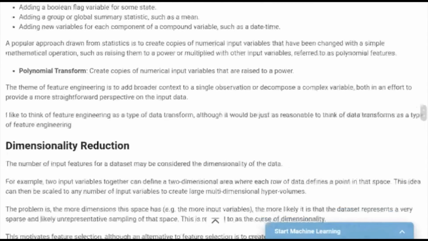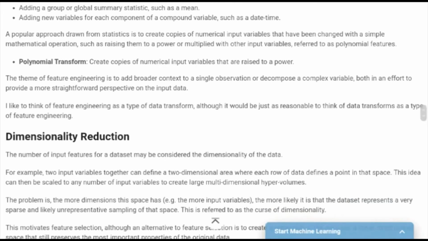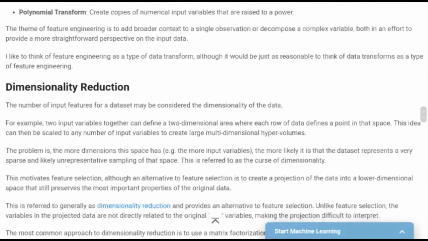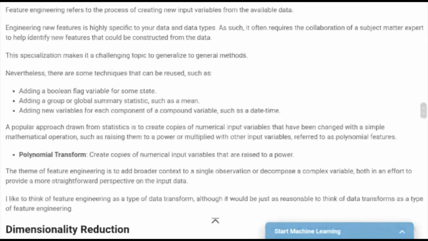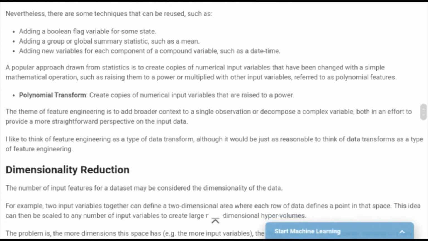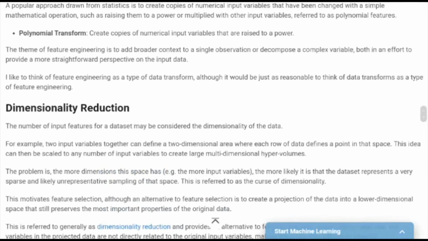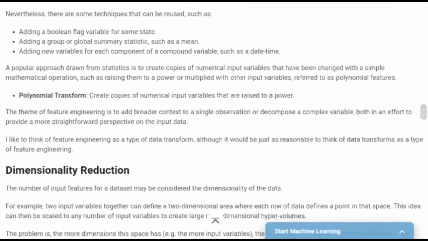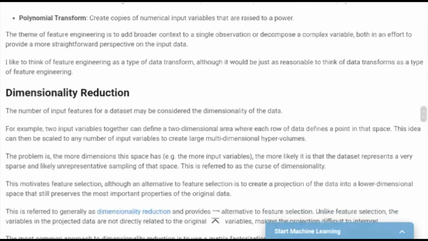Another is the polynomial transform, in which we create copies of the numerical input variables raised to powers. All these techniques are used to enhance the features of the available data. So date and time features, statistical features, Boolean flags, and scaled powers can be added to the available data to enhance the features of models.